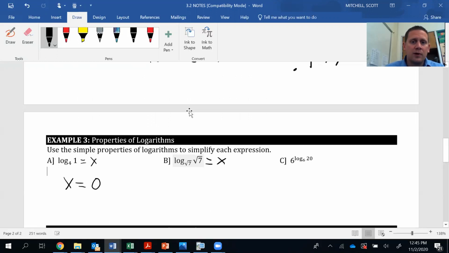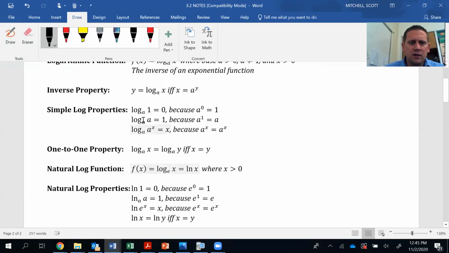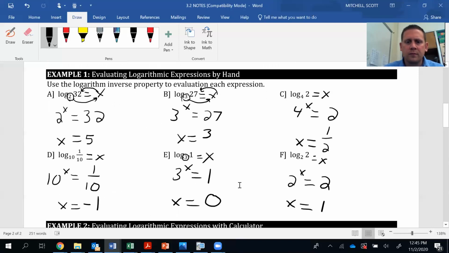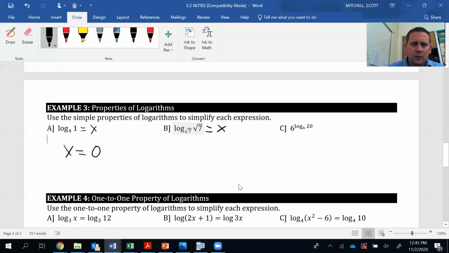So that's another property. The log base of a number, log base something of the same something, equals 1. And you can see if you wagon wheel it, it equals 1. So in this problem, x equals 1. And again, you can do wagon wheel to see that, but we're trying to use properties here just to see